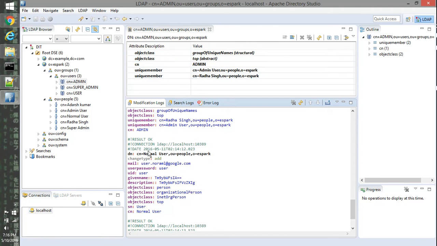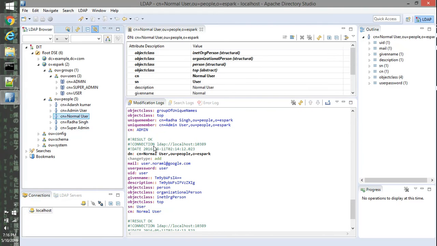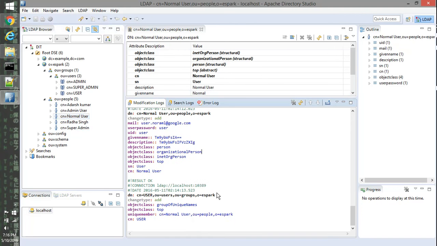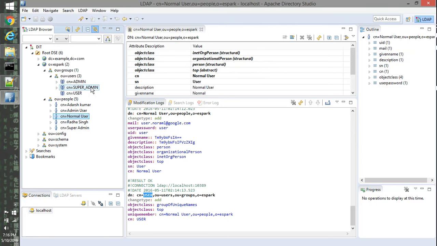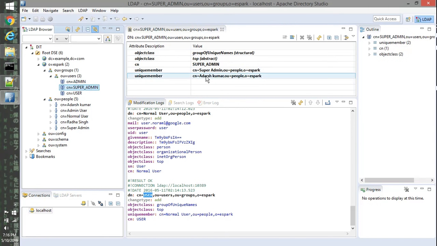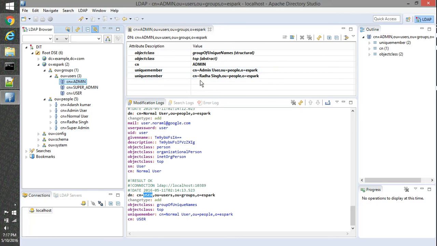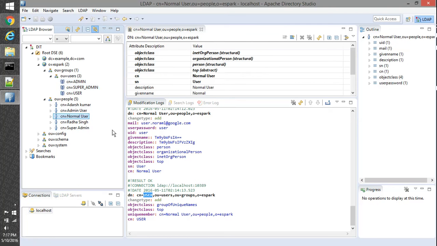Then it has included a normal user, and then a user group, which has only one user, the normal user. So the super admin group has Adarsh Kumar as a member. The admin group has the admin user and Radha Singh. And the user group has only the normal user.